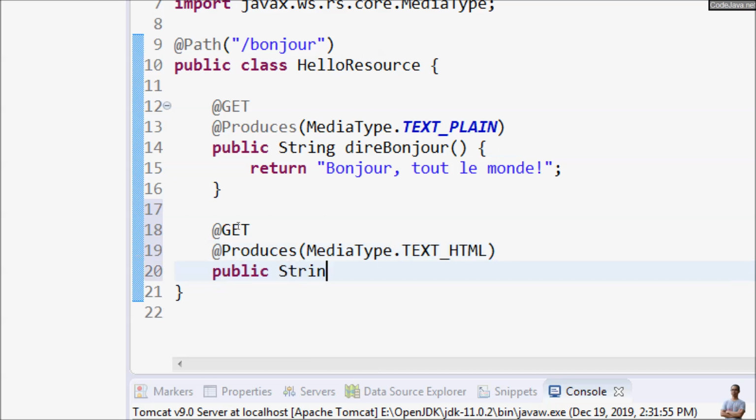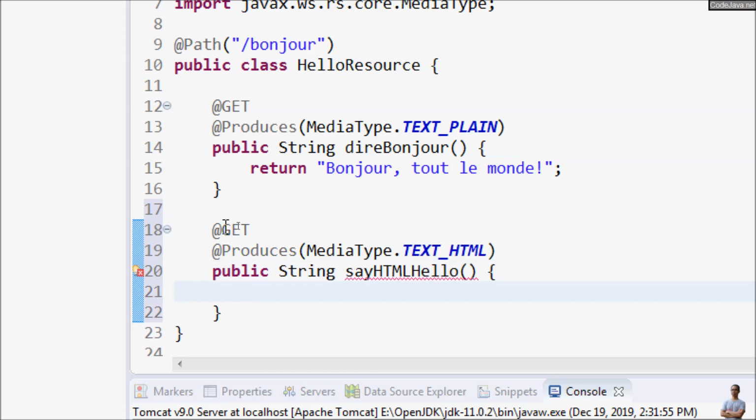Public String sayHtmlHello. And in this method we return a string of HTML code. For example, html, title Hello REST, close the title, open body,